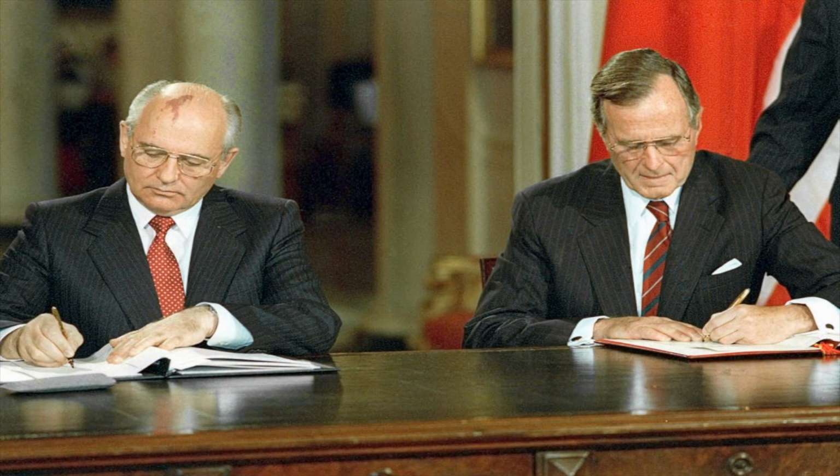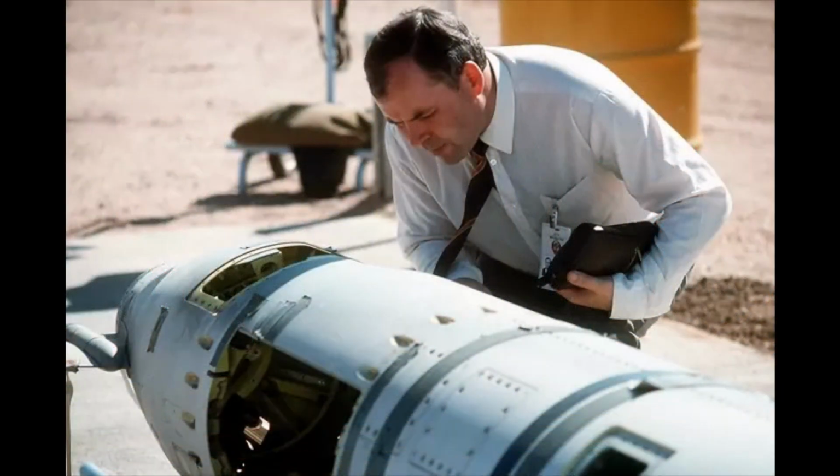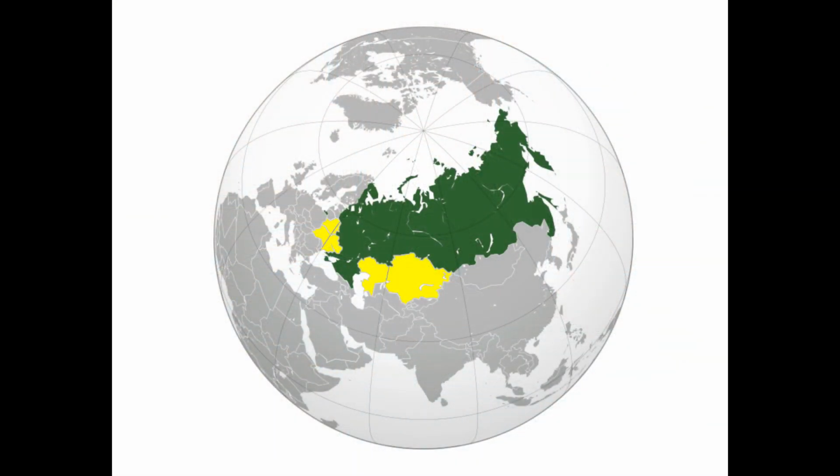There were complications due to the breakup of the Soviet Union in December of 1991. As a result, it wasn't put into effect until 1994. Russia and the United States agreed to reduce their nuclear arsenals to 6,000 warheads each, along with other limitations. Over the next several years, leading up to the 2001 deadline, both sides greatly reduced their number of nuclear weapons to reach this goal. In addition, the three former Soviet states of Belarus, Ukraine, and Kazakhstan all agreed to give